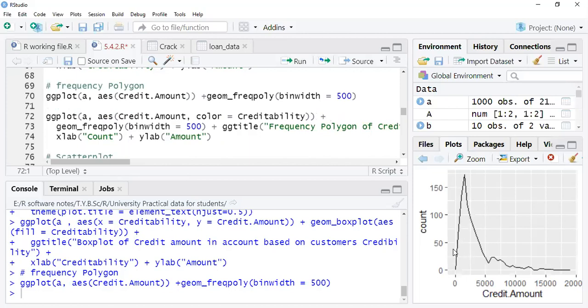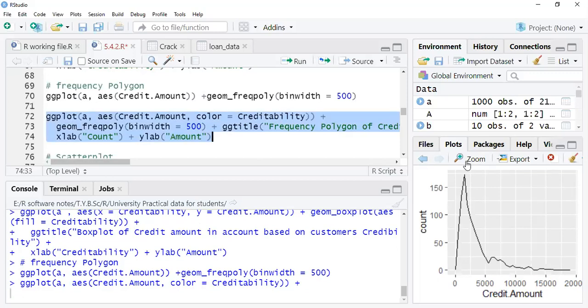Okay, so to fill the creditability, it will show you two graphs. You can compare the two graphs, whether the amount varies between bad and good. Okay, let's see. Just execute this one. The whole thing will be the same, only in the aesthetics I have added the color. So I'm filling with color, which is creditability, and the bin width is the same, 500. I have added the title that you already know, x-axis, y-axis. I think the center part is not written. That's okay, I think everybody knows now how to center it. So just execute this and you can see this.